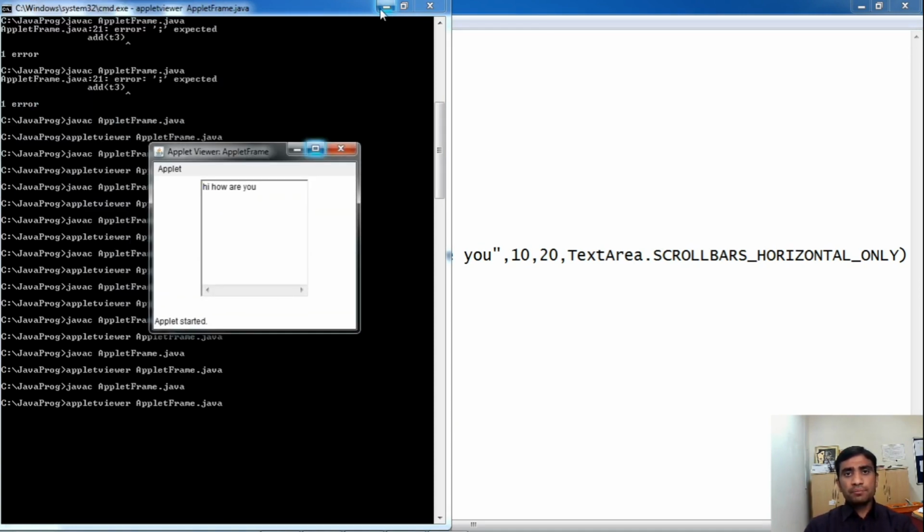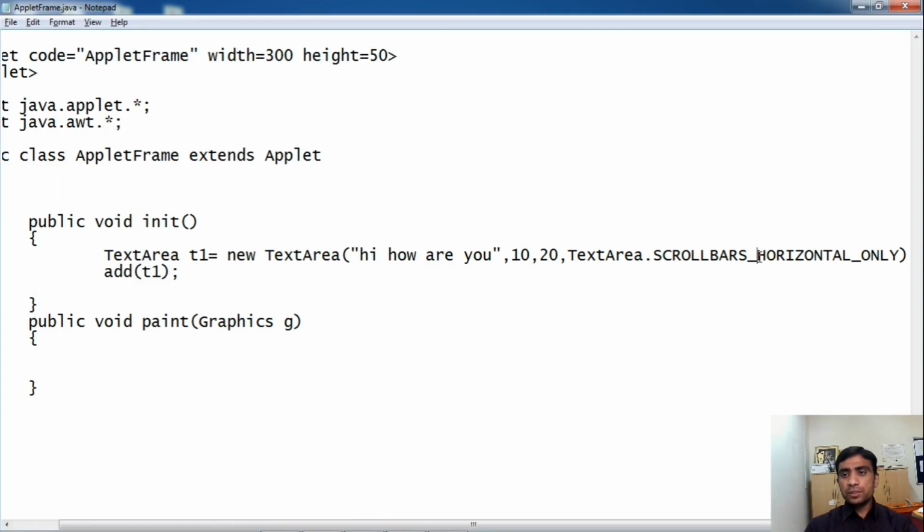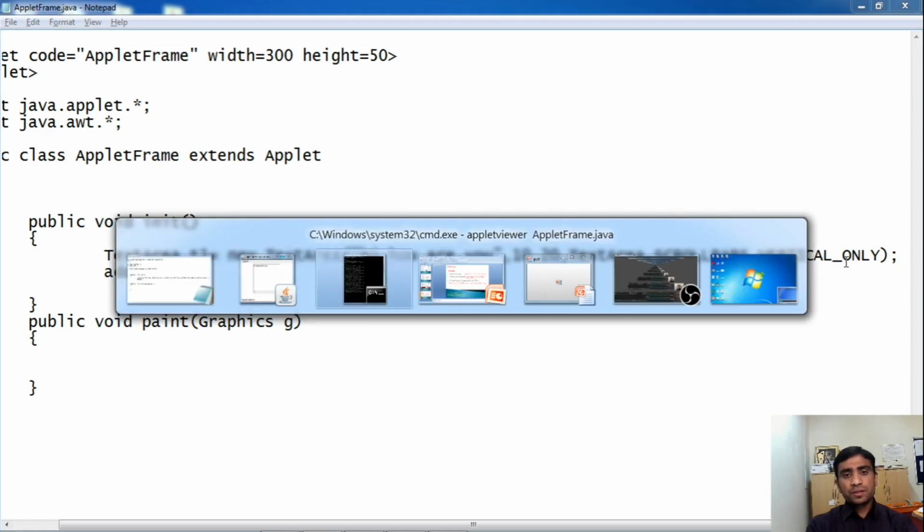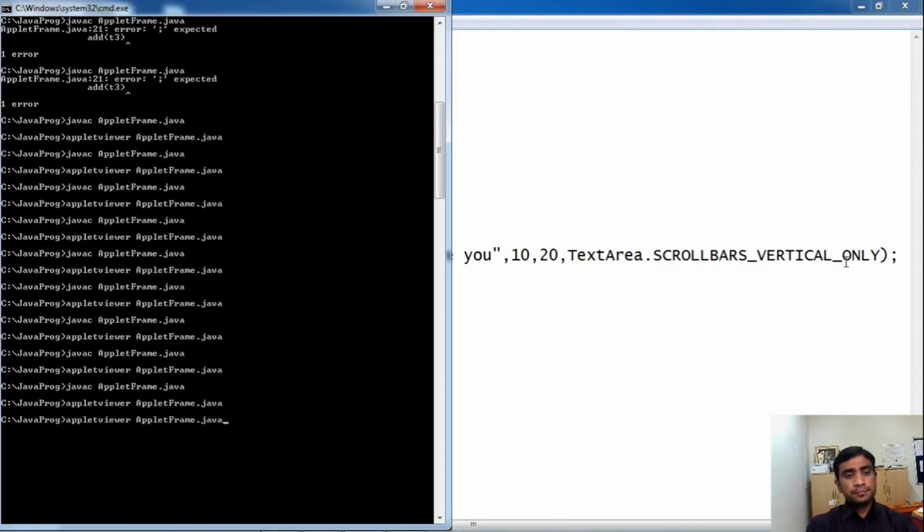In the same way, you can change to vertical only, VERTICAL, vertical scroll bar only. Save it, compile, and execute.